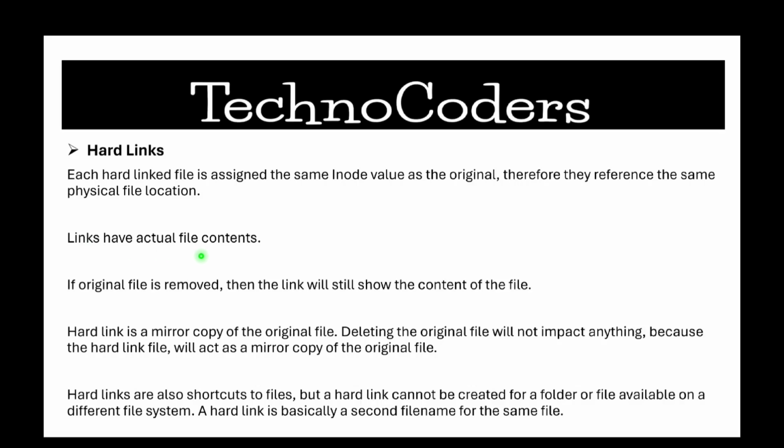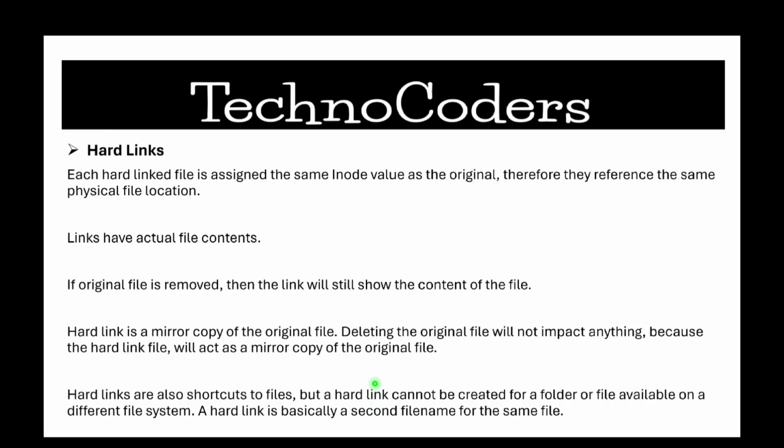So the links have the actual file contents because they are directly accessing the data. If the original file is removed, the link will still show the content of the file, as I explained before. If you remove the file, there is no impact on the hard link. But if you remove the file in the soft link case, that link will be broken. A hard link is a mirror copy of the original file. Deleting the original file will not impact anything because the hard link file acts as a mirror copy of